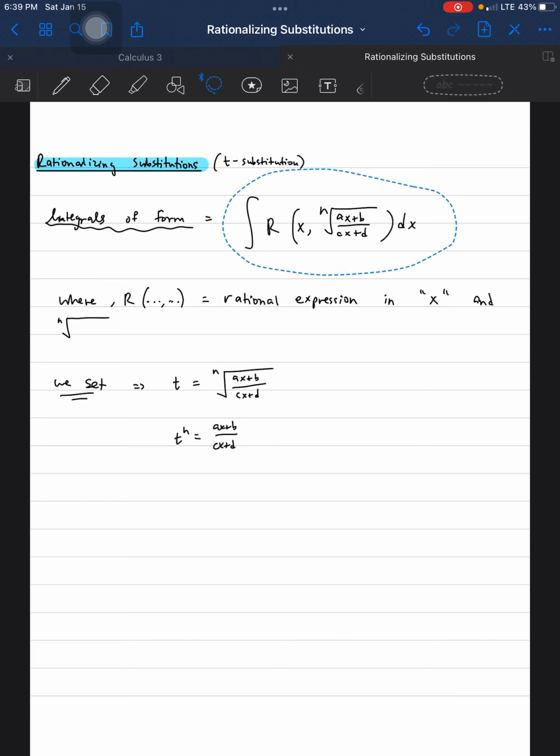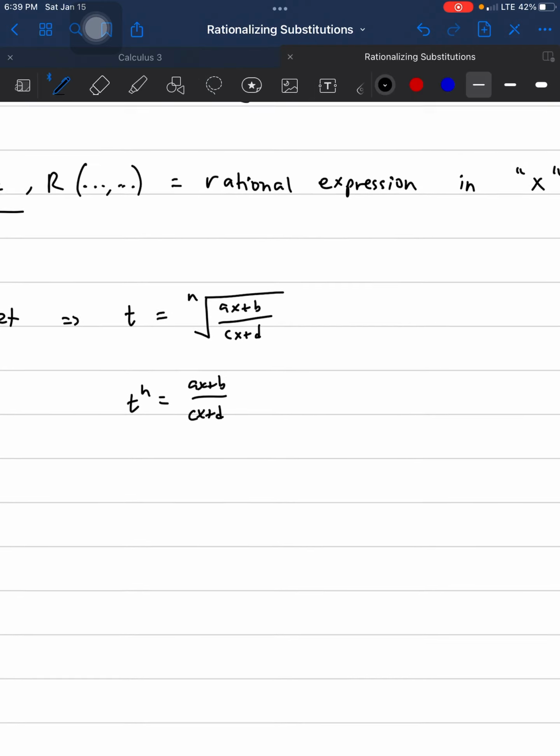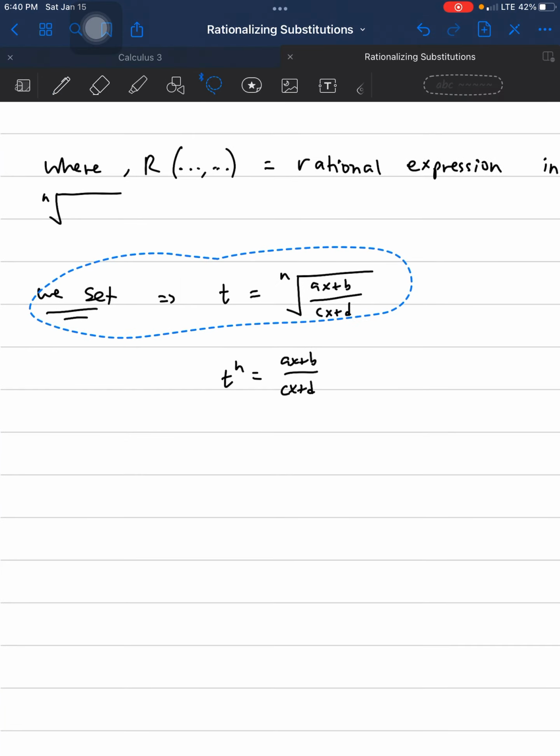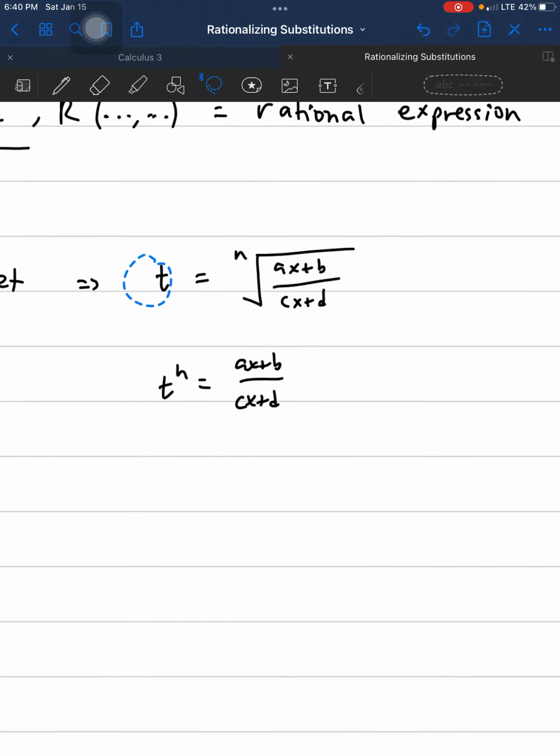So it's usually integrals of the form like this, where R is the rational expression in x and the root. So whenever you see a root, think of rationalizing substitutions and trying to substitute whatever that root is with the letter T, and we get it in terms of T. So we're going to be setting whatever the root in the problem is